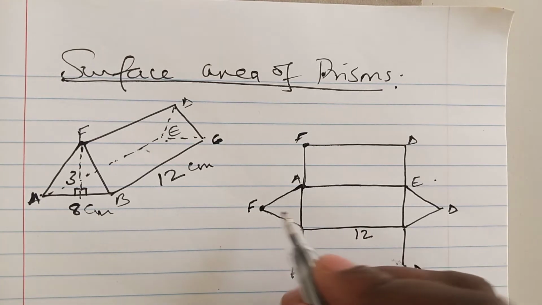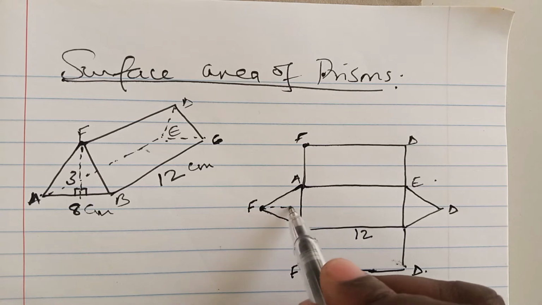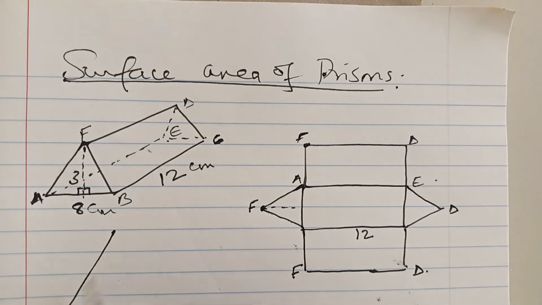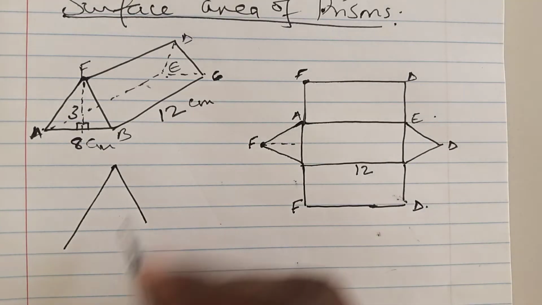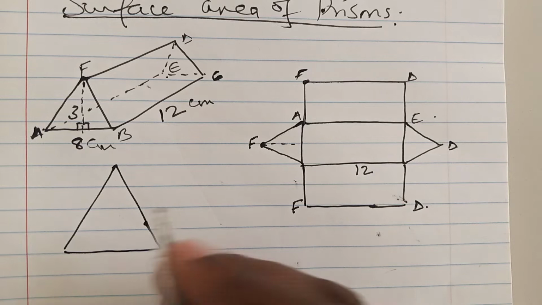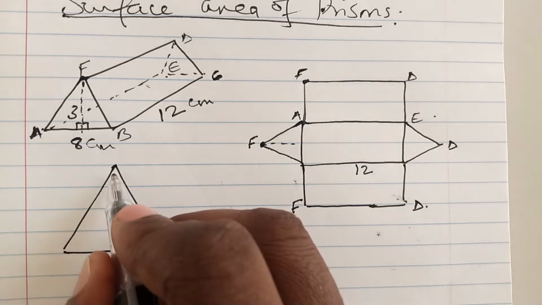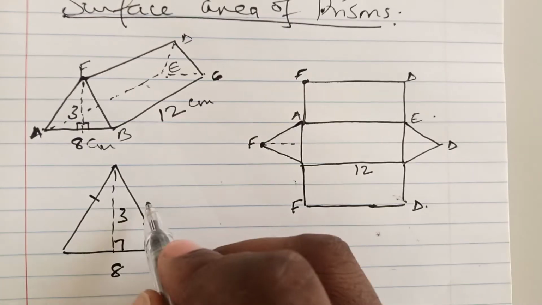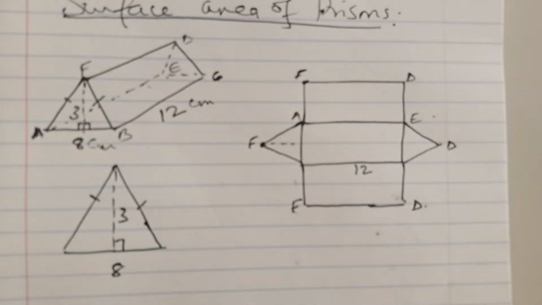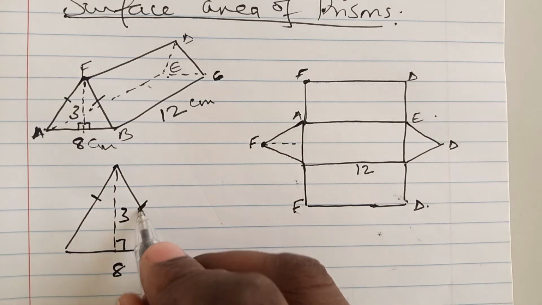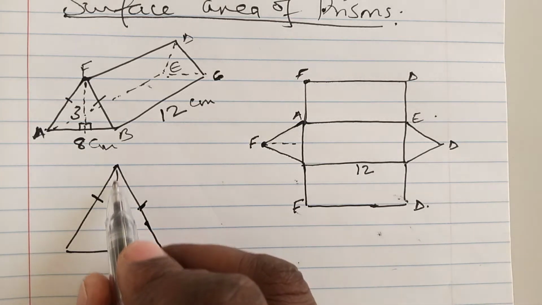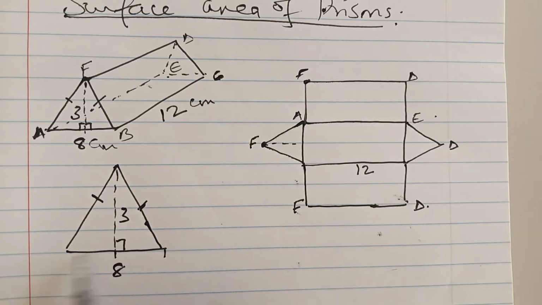So we have a triangle whose height is 3. If we just extract that triangle, we can enlarge it here and calculate its area. The whole of this is 8. There is a perpendicular height which is 3. That is equal to that, as provided in the figure, and that means that side is equal to this. So 3 centimeters from here to here, because this perpendicular bisects this line AB into 2 equal parts,